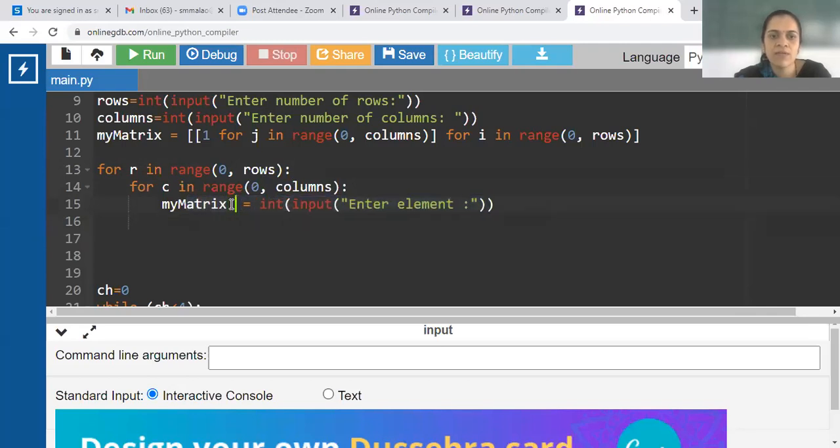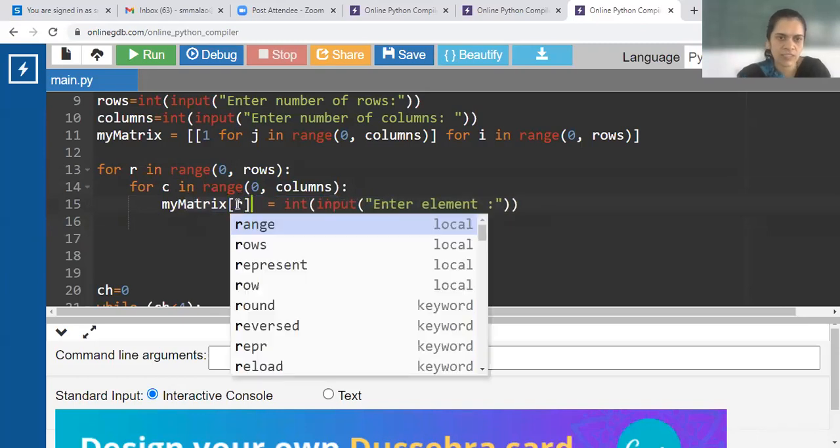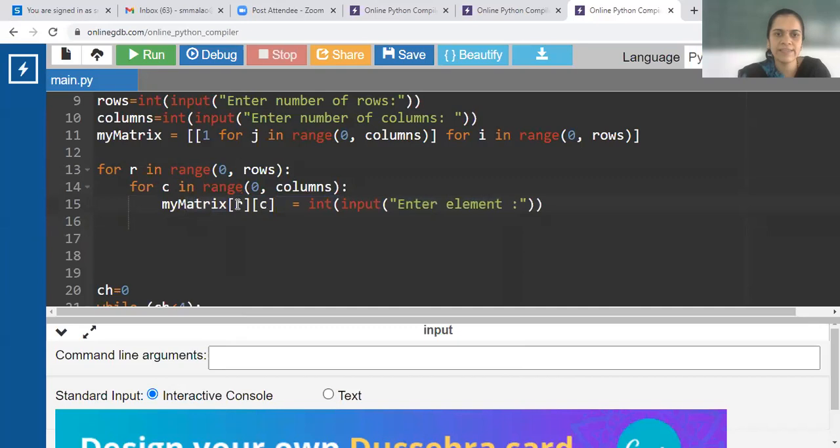And here what will you write over here? Matrix. Can I write such notations over here for list? If such notations allowed for list like mathematics R comma C, are such notations allowed over here?